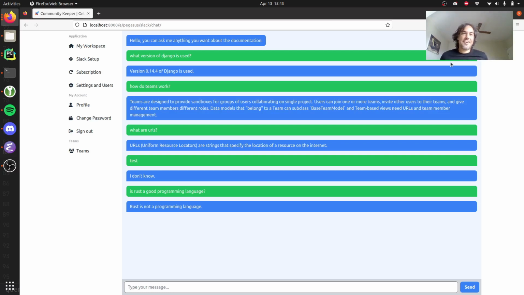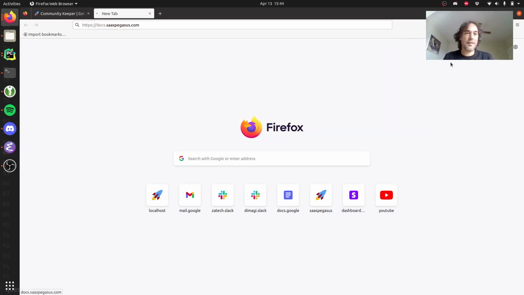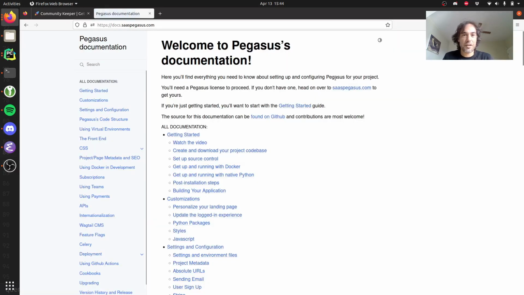And I just had this really cool experience and I wanted to share it because I was trying to figure out how to make this bot better with LangChain and it didn't seem to be built in, but I was able to make it work. So cool. So if you remember last time, I built this bot that is able to answer questions about my documentation for my product SaaS Pegasus, and it was all right.